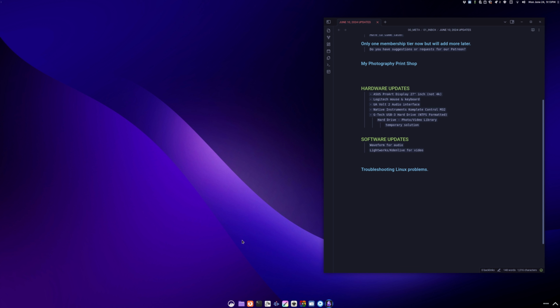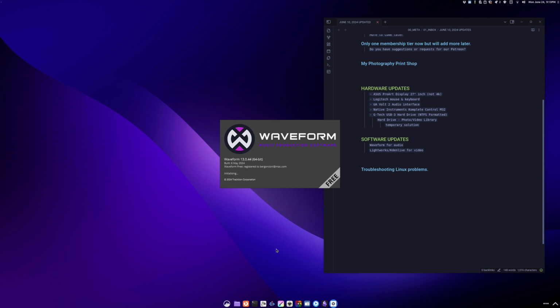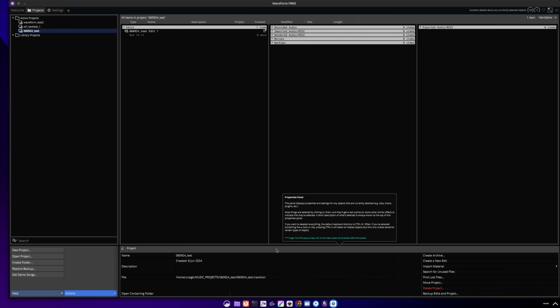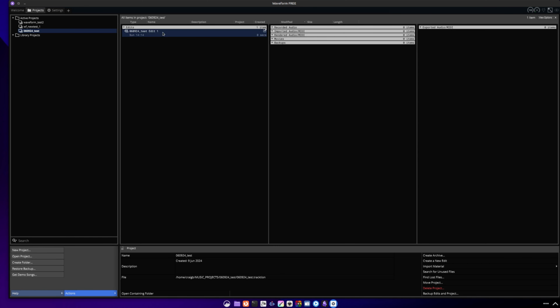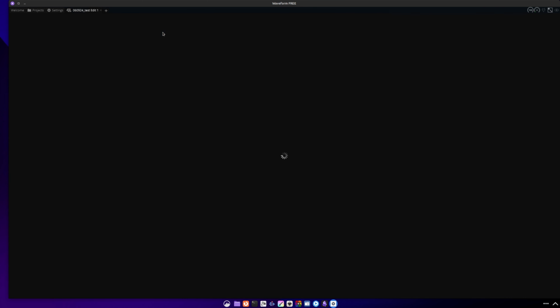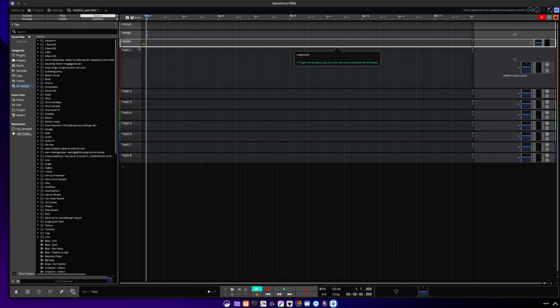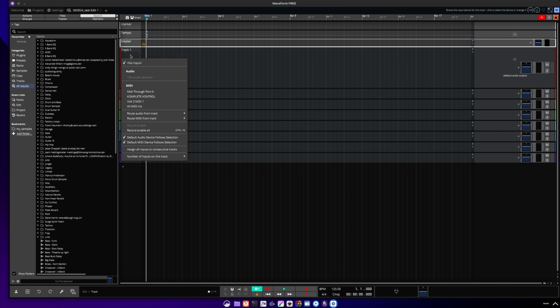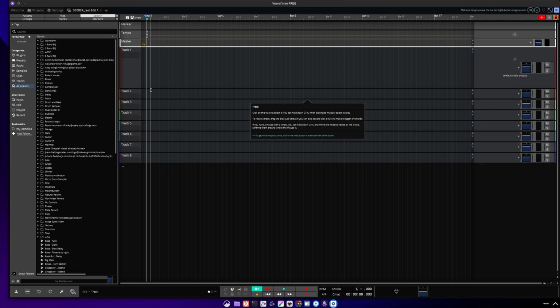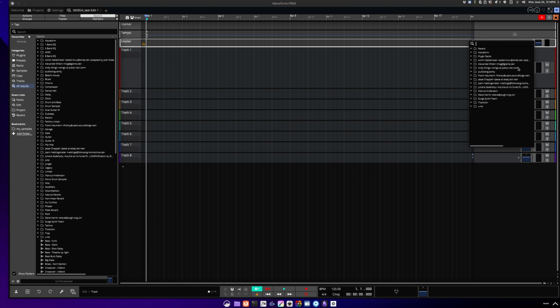Right now, I'm trying the free version, but I did pay for a couple of the additional add-ons, and some of those gave me a couple extra software instruments and things like that. And I can't remember what else I did, but overall, it's been really cool. Now it's not going to show me my audio device because right now my audio device is being taken up by the screen recorder app, but I can show you at least what the app looks like, and I can show you some of the